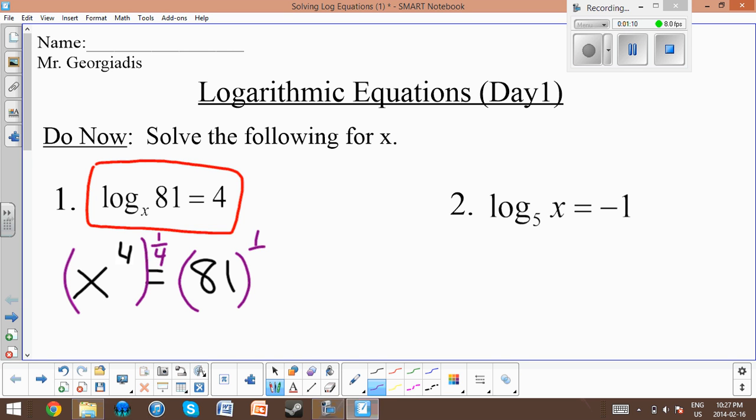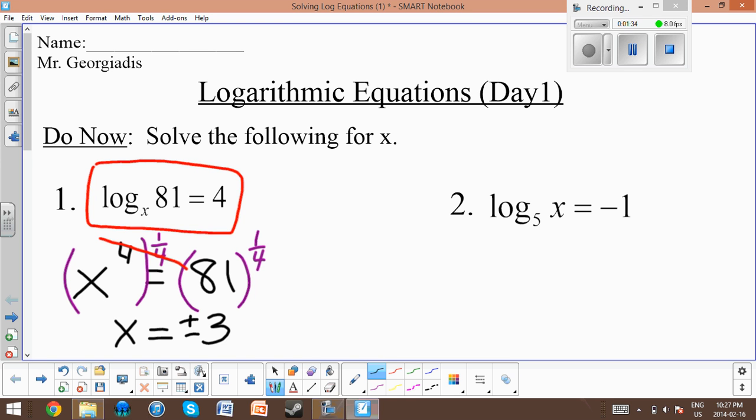This will eliminate the exponents, and you will be left with x equals 81 to the 1/4 power. However, we've noticed that the exponent is an even number,